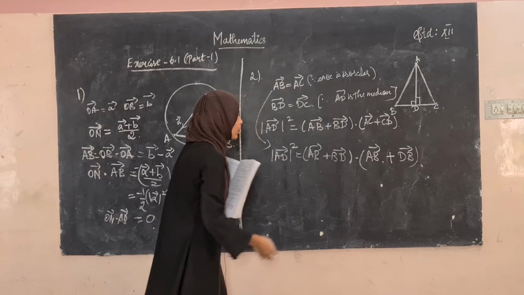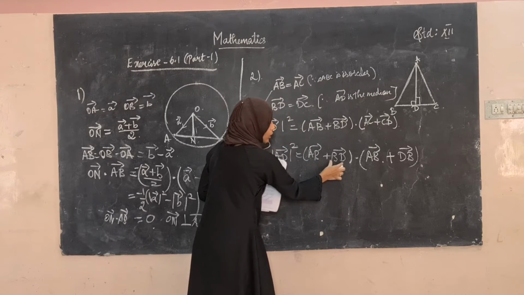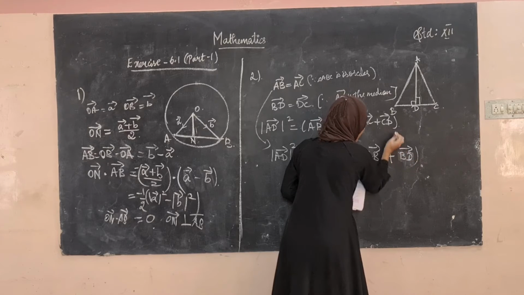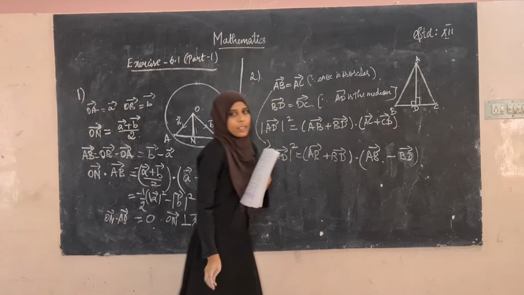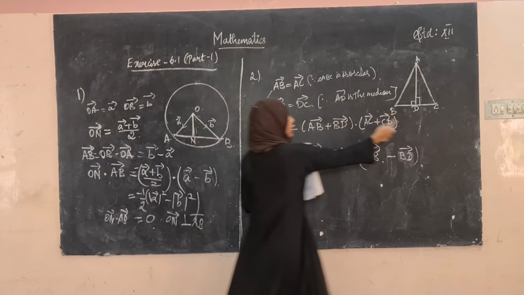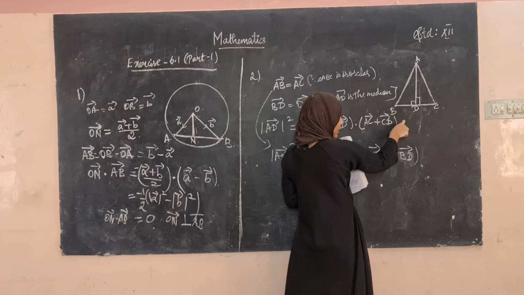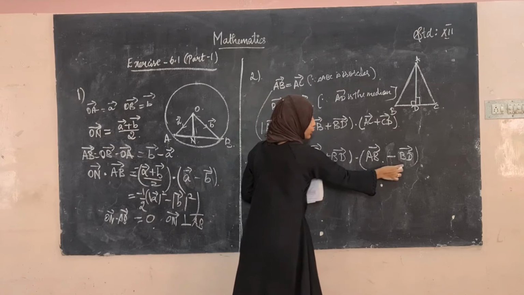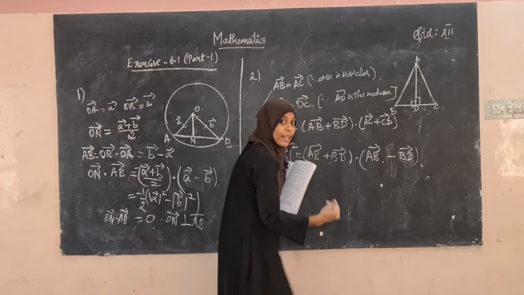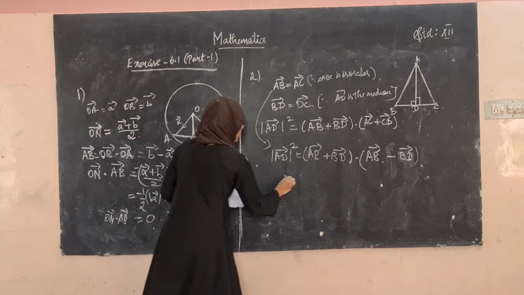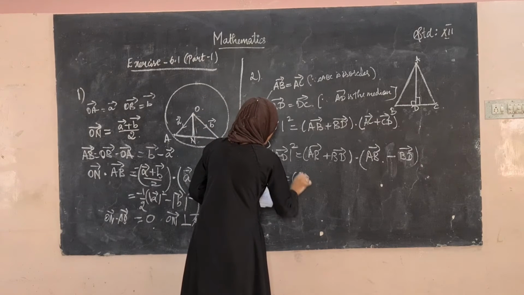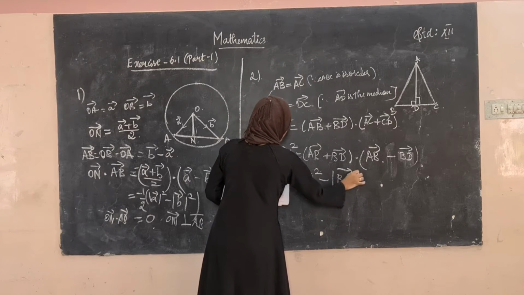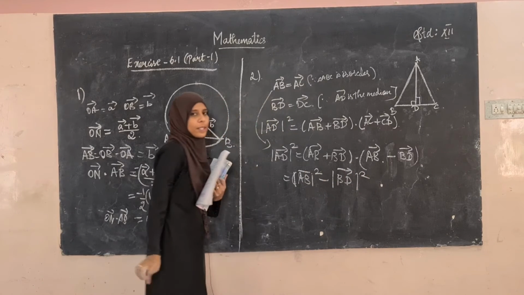Okay, so if you want to make this equal, here we have to change this to BD. When we are changing the direction, the sign will also change. Here we have CD is equal to DB, but this and this should be the same. Therefore, for converting this to BD, DB can be written as minus BD vector. Now what is this? This will be modulus of AB vector the whole square minus modulus of BD vector the whole square. Yes, the A plus B into A minus B format.